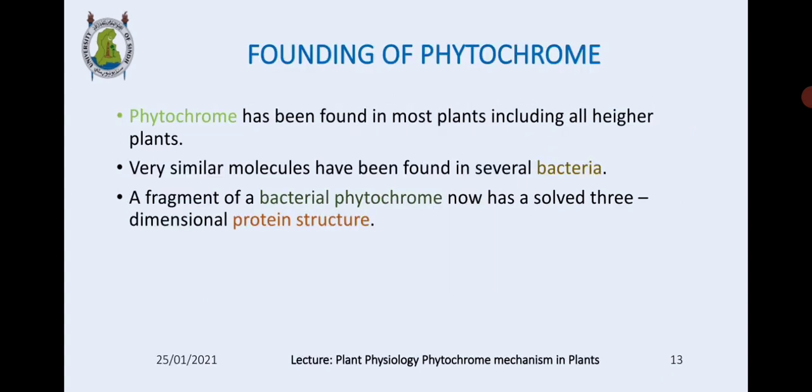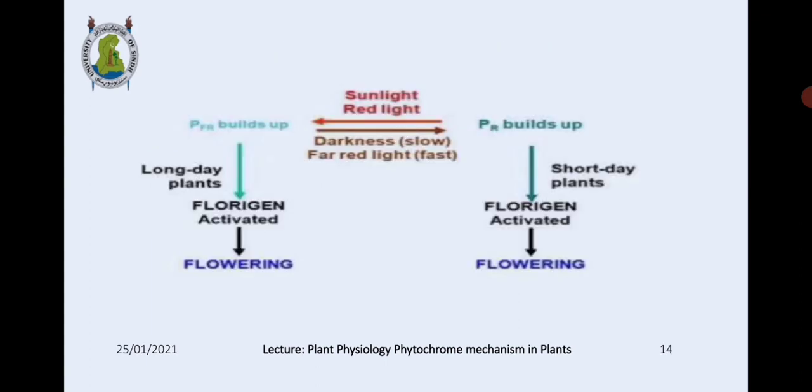Finding of phytochromes. Phytochromes have been found in most plants including higher plants. Very similar molecules have been found in several bacteria. A fragment of a bacterial phytochrome now has a solid three-dimensional protein structure. So this is a diagram. Sunlight or red